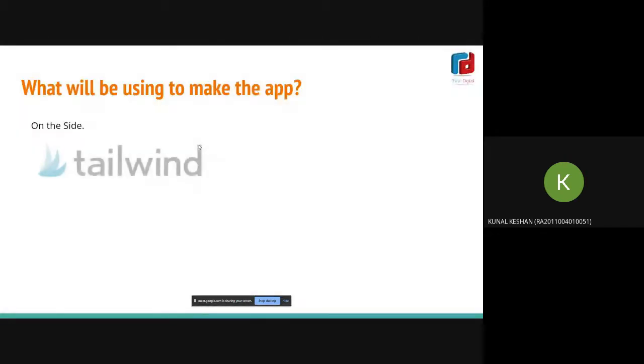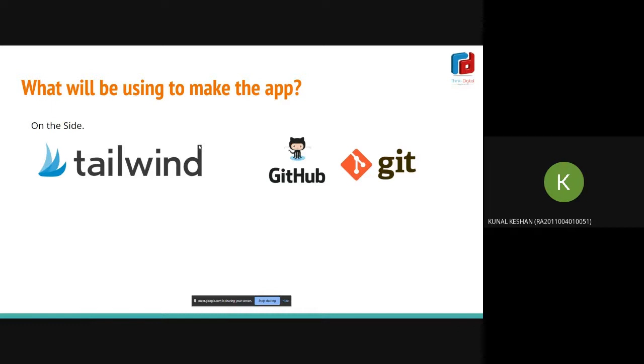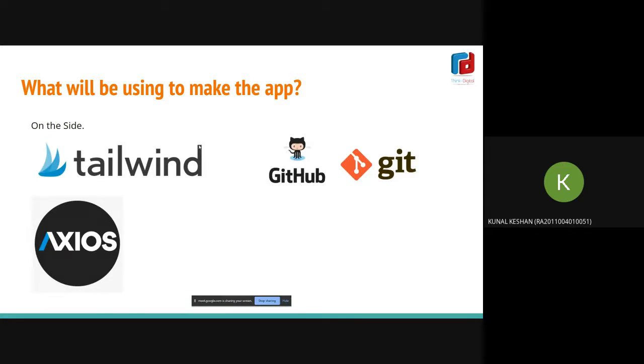And on the side, for the front end, to make our styling easier, we'll use Tailwind CSS, and then Git and GitHub for version controlling to keep track of our code and to collaborate as a team so that all of us have equal contribution towards the project. We'll use Axios to put server requests both front end and back end. We'll use EJS for building templates of our blog.